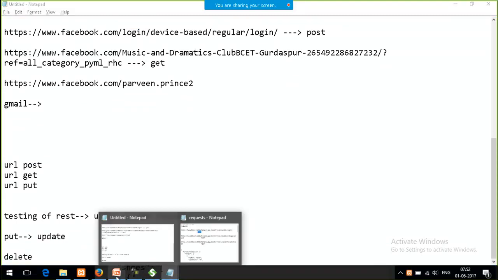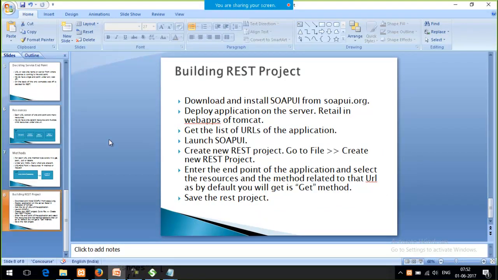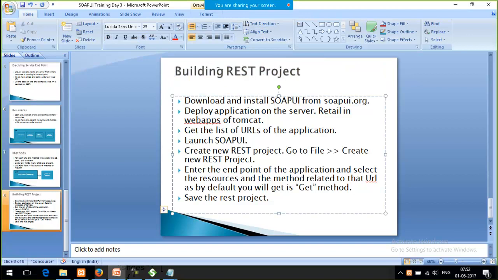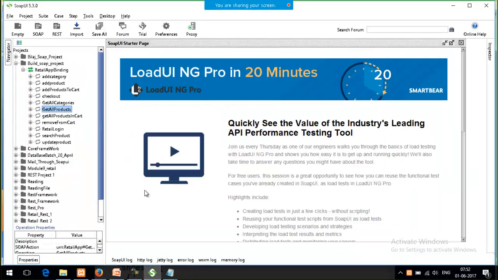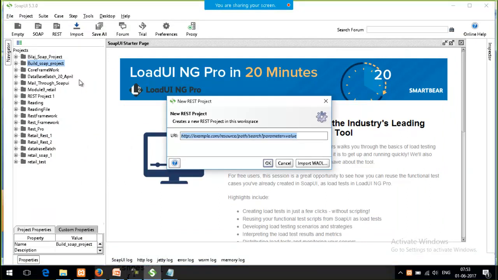And it's almost done. Now, how to build the REST project? This is again a very important thing. Today I started with how to build a SOAP project. Now I'll tell you how to build the REST project. So let me start. Go to the SOAPUI REST project. When I select this REST, I get the option to add the URI. So what I'll write here,